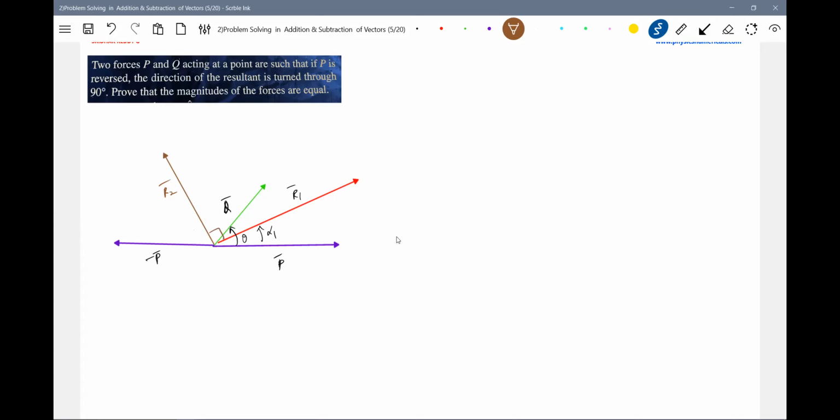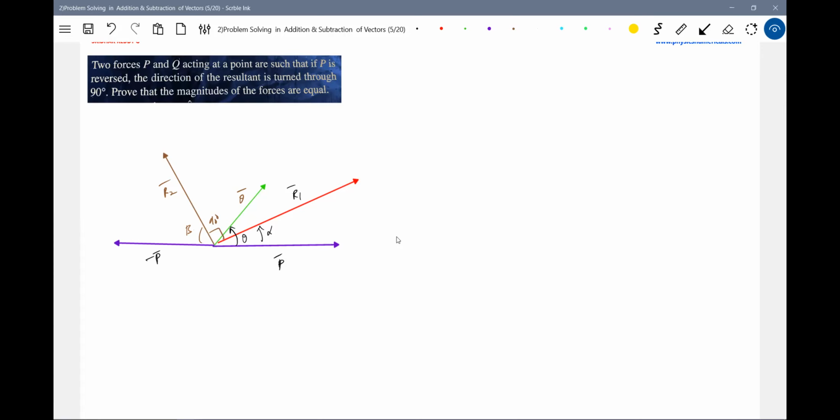I'll put it like this. So this is the 90 degrees. This angle, I don't know this. Let me call it beta. This is the angle made by the resultant with the vector minus P bar, which is beta. The angle made by the resultant R1 bar with the vector P bar is alpha, let it be. And theta is the angle between the vectors. So we have all this particular information. Let's keep this in mind.